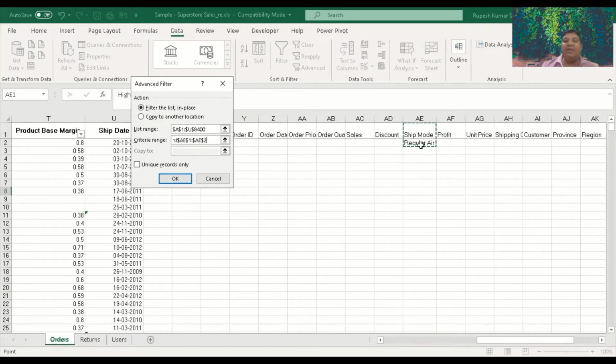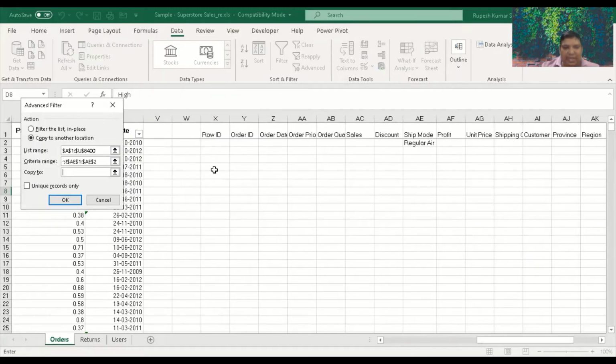Again, there are multiple combination in it and or that I will be discussing in the next example. First, I'm going with the basics of it. Do you want filter in the place or you want to do another place? I don't want to disturb my original data. So I am going for copy to another location and copy to where we want our data. I want my data to come below this.